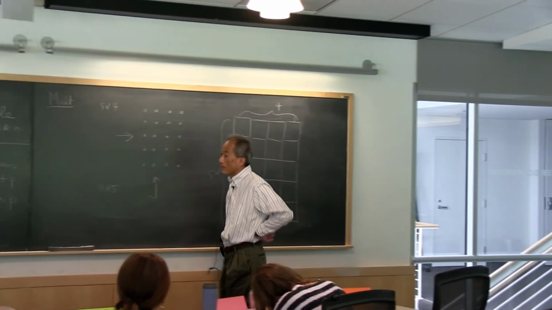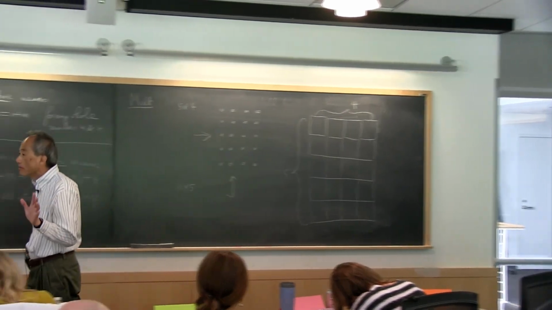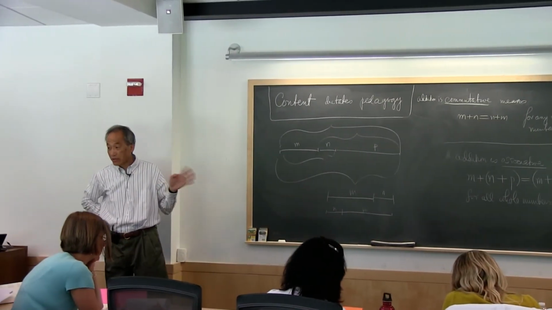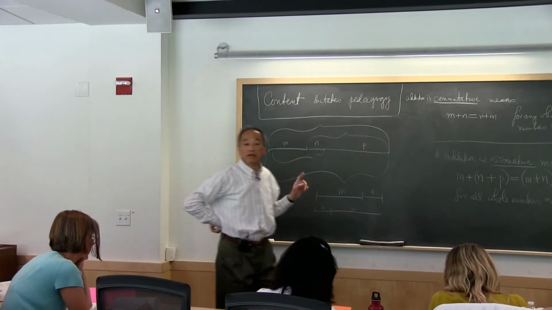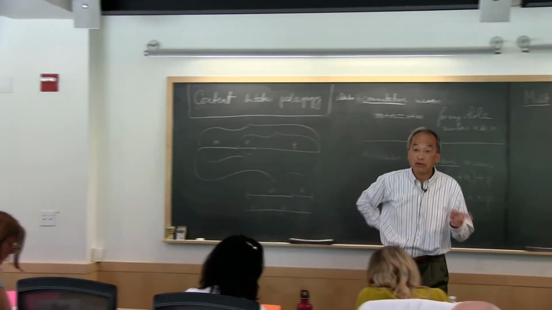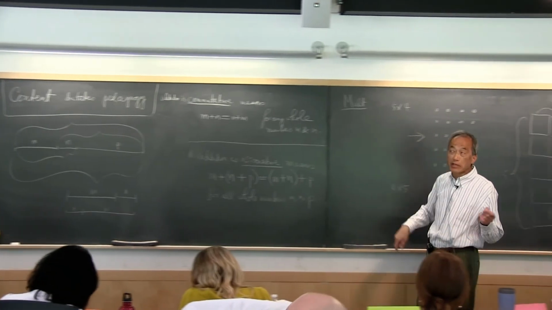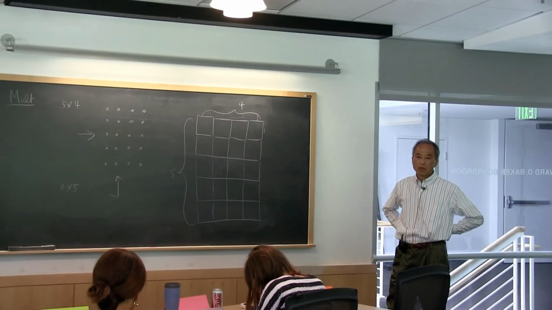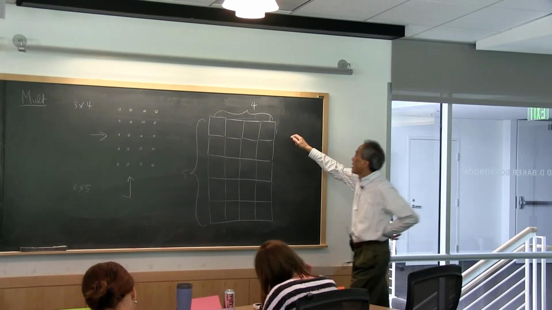Well, we have a name for something like that. 5 rows of 4 unit squares lumped together. What do we call that? That's the area of 20 unit squares. Right. Or 20 square units. Right? So 5 times 4